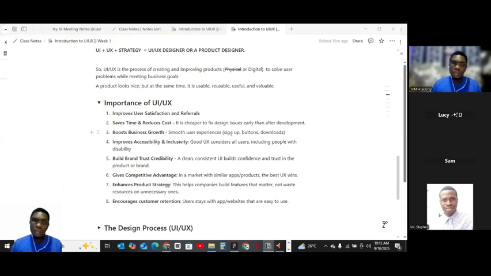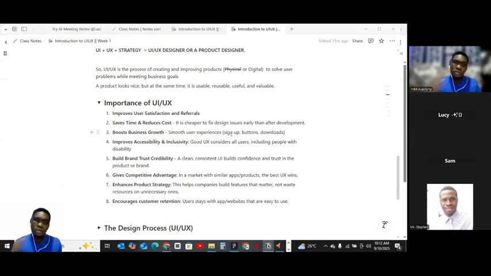You won't just be wasting time on a particular design. You will know that this is what they need, this is what the user needs. As time goes on, if you need to improve on the app, you can now improve on it, because as time goes on, the needs and wants of a particular product increase. So you can grow with the trend.